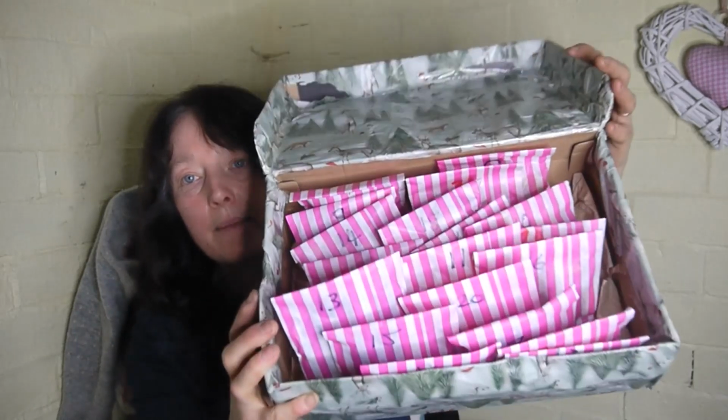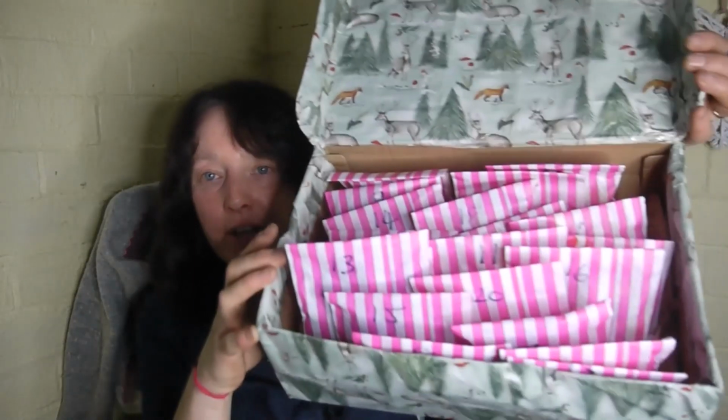Well, this is the same, but this is my healthy option, because I've been on a diet and lost 2.5 stone, and I don't want to eat advent calendars and put loads of weight back on. So this is my chocolatey free advent calendar. So that's what we're up to. So that's the reason for the tray. All our fluffiness,